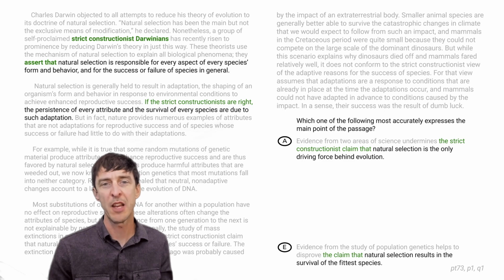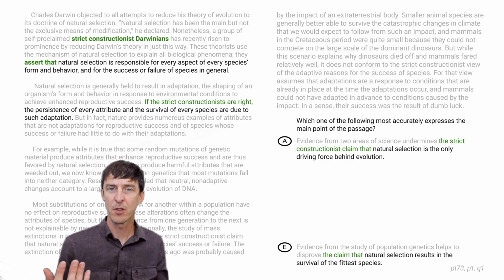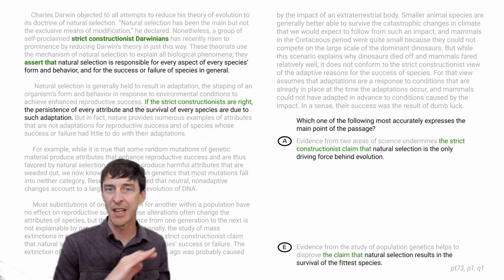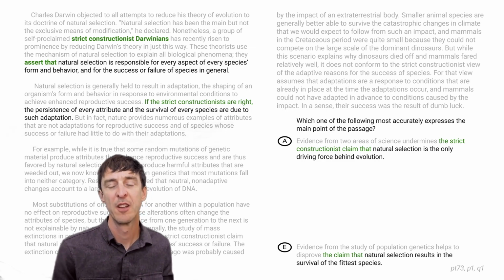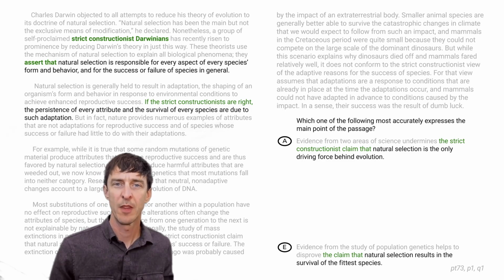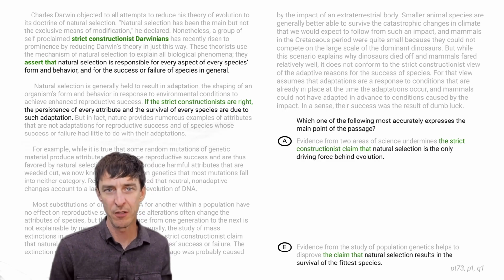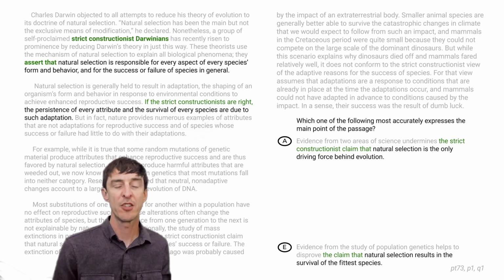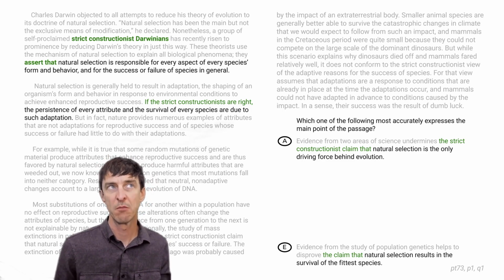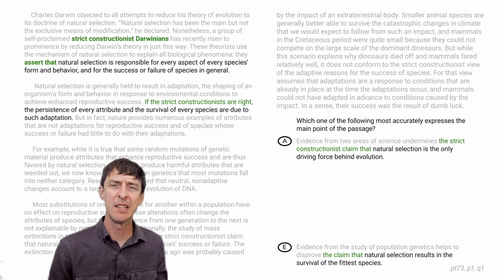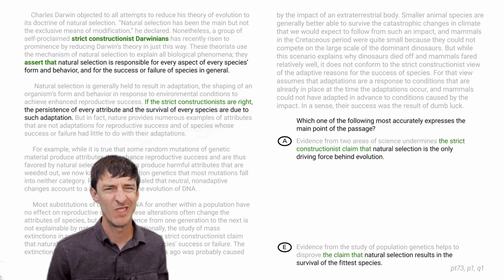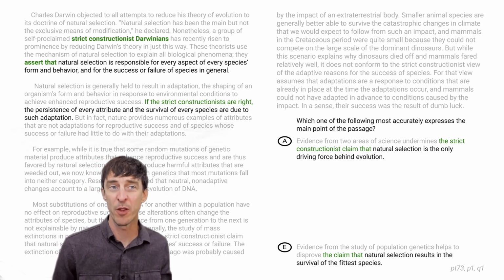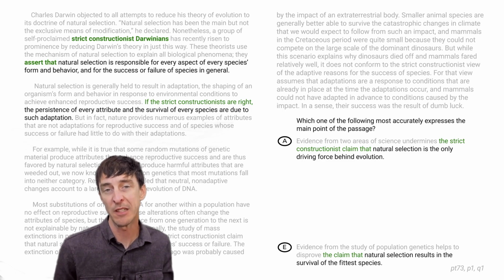Let's remind ourselves what the actual claim is. The original claim is that natural selection explains everything, all attributes, their success or failure of every species. And how do A and E describe the position? A is saying that natural selection is the only driving force. I feel like that's a pretty decent match for the first paragraph. Whereas E says that it results in the fittest species. Doesn't actually say anything in the passage about whether it results in the fittest species.